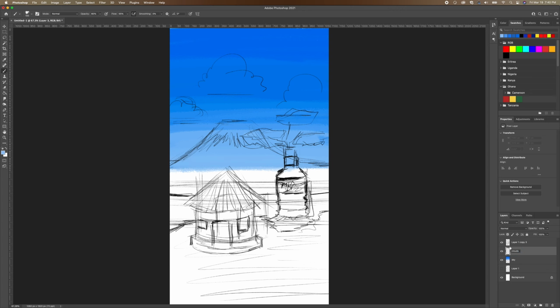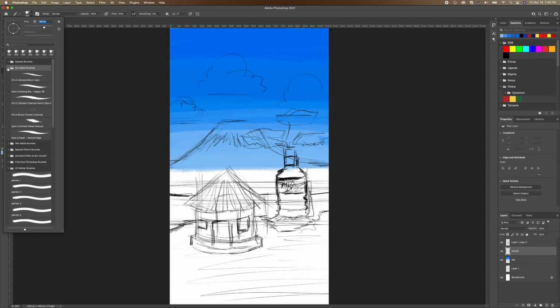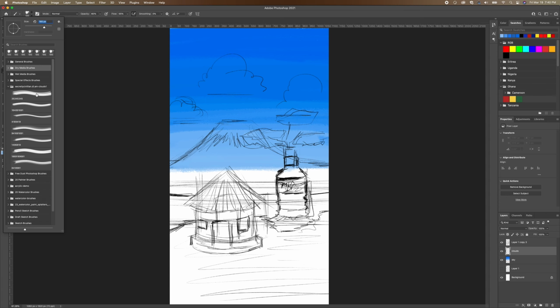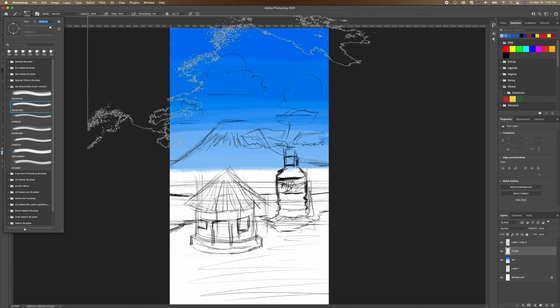Now I have a clouds brush that I already downloaded. I'm going to choose a brush that has clouds on it. Pen sketch. Here we go. Clouds. Okay. Let me see. Nope, too big. Okay, that's nice for the top